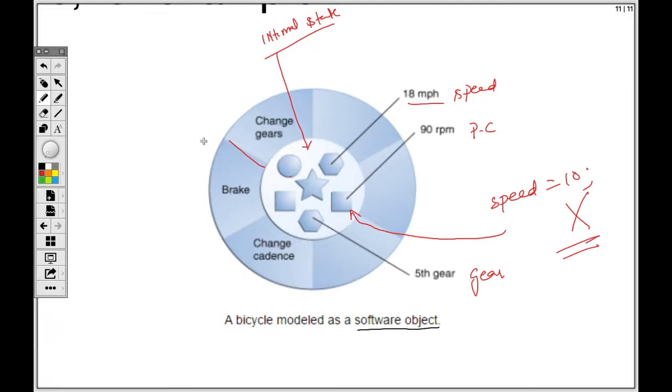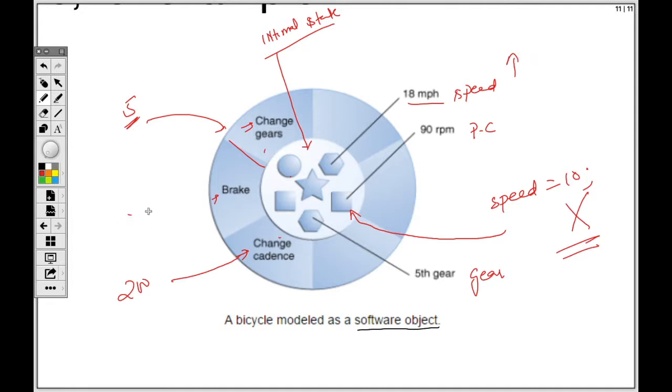There is an outer layer there. What is the outer layer? We have the methods. They are the ones who can give you and take the values from these and change these states. So if I want to increase the speed, I will say, okay, call this method and set speed to 200, and also change the gear, set gear to maybe 5th, if it was 3rd previously. Gradually its speed will increase. So through these behaviors only we can increase the speed.